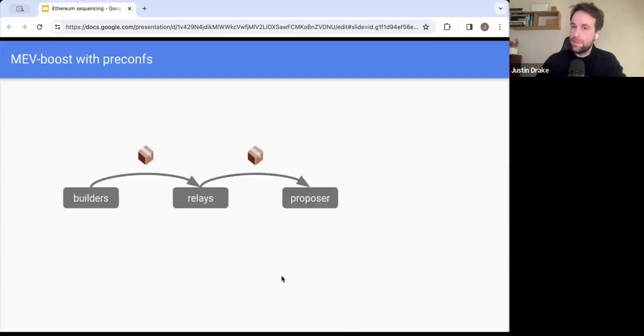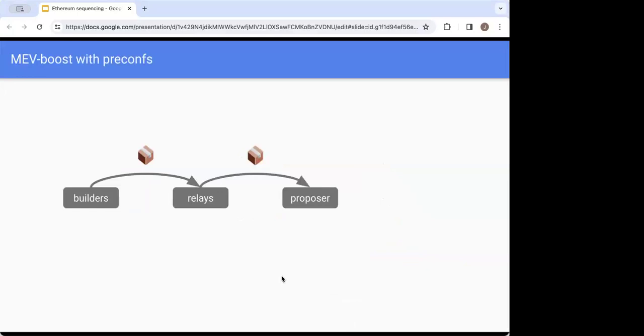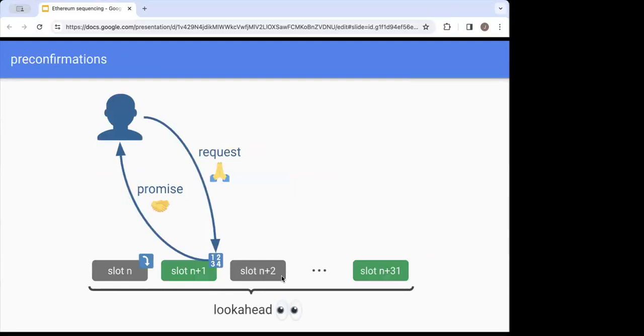Ludwig. Yeah, just a quick question to clarify. Is this model assuming that the only person we can consider for inclusion of the pre-confs, basically the proposer, has to be the next one? And why is that a requirement if the L2s are sequencing based on when the pre-confs are signed? Because otherwise you can arbitrarily choose the pre-confer within the look-ahead. Well, the separation between the pre-conf generator and the pre-conf enabler, which is the proposer.